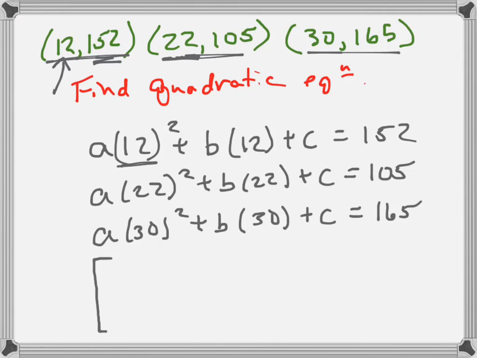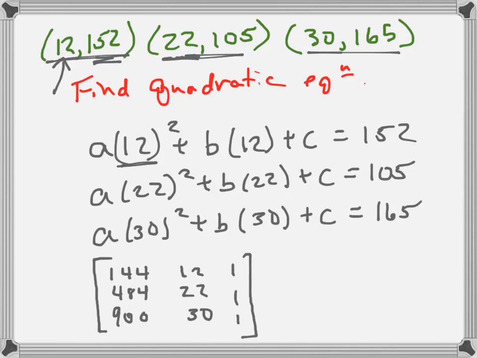So 12 squared is what, 144? 22 squared, tell me what 22 squared is. 484. 484? Yep. And what's 30 squared? I think that's 900. Yeah. Of course it is. Good. I was just testing you. Good job. Remember doing this? Yeah. Equals